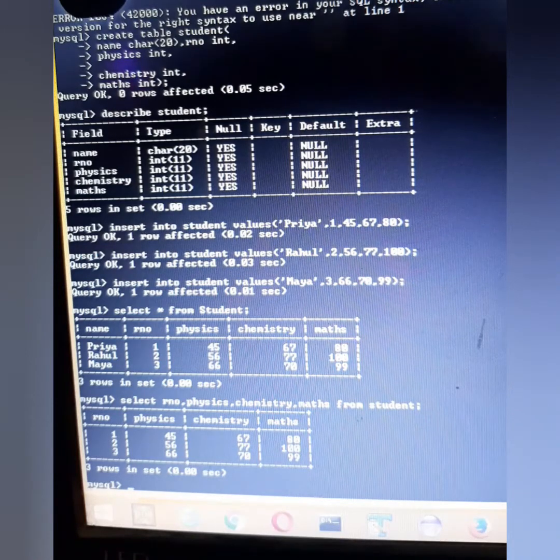Suppose I want that along with physics, chemistry and maths, the total and average should be printed for each student.